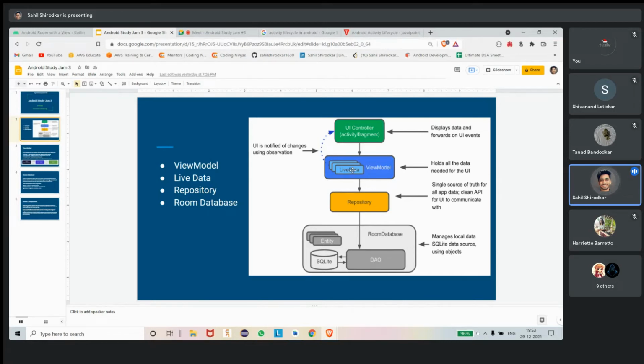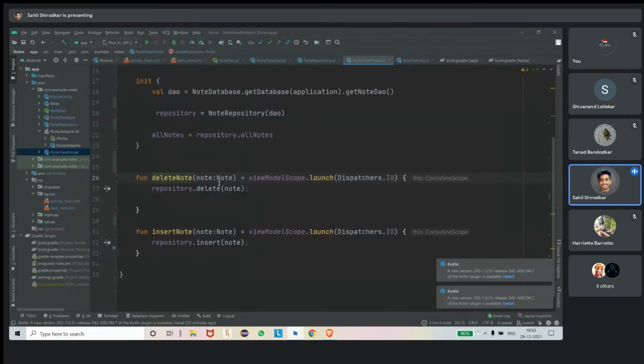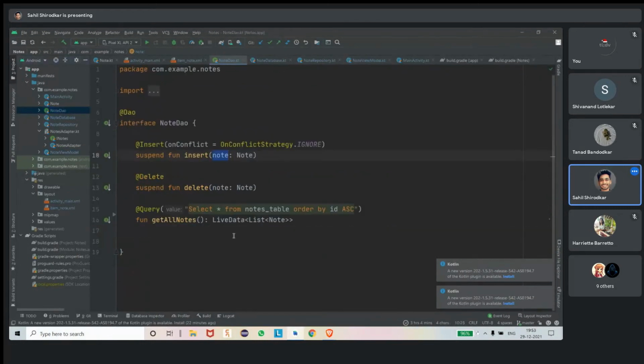So by the time we get the output for that function call, let's say the UI has given a node to insert inside the database, and we have called insert node, and then it will go to the repository, then node DAO, and then it will call the insert. But you don't know the exact time this operation will take.